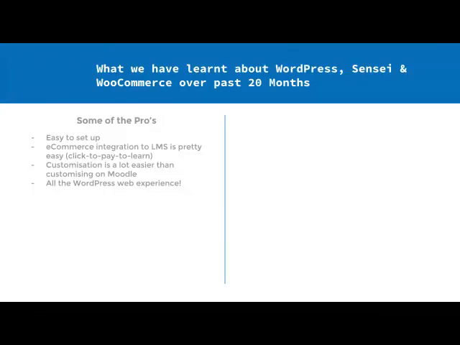Moodle is very specialist in terms of the learning management system, but WordPress comes as a very experienced content management system. And to us, this was a key learning in the change from Moodle to WordPress.